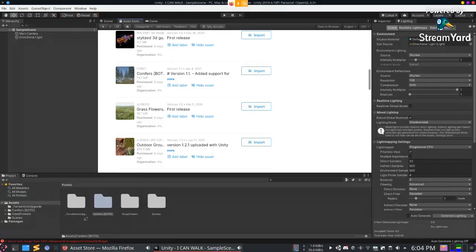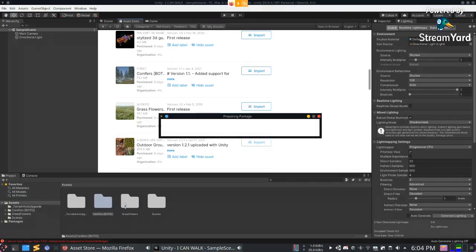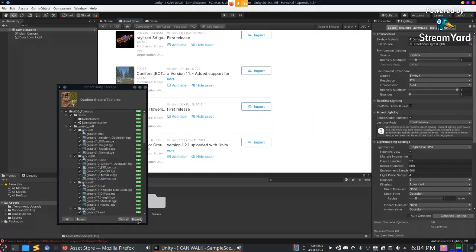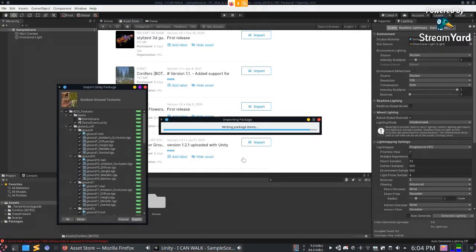Yes, the grass flower package is also here. And the Unity terrain additional kit I'll be doing later, so as to show you the difference with the default one which they give these days.